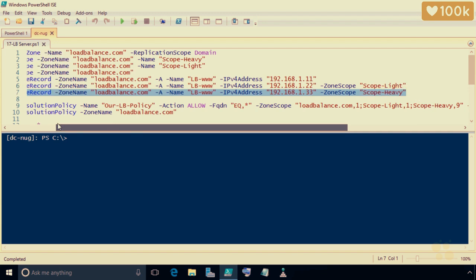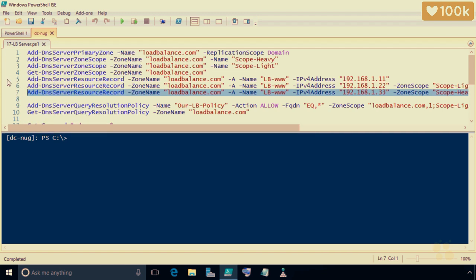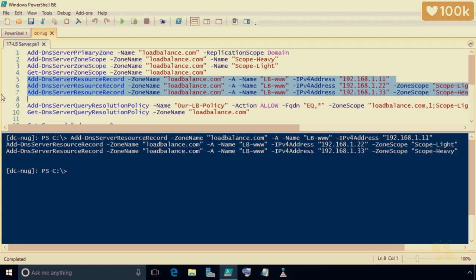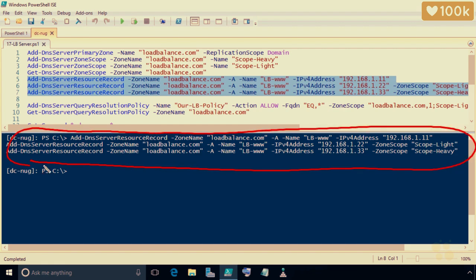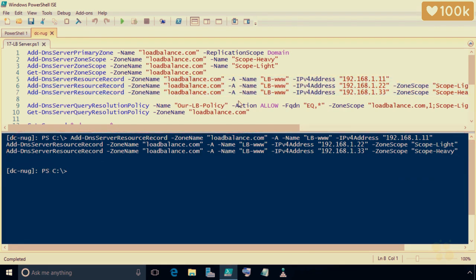So I'm going to go ahead and scroll all the way up back to the left, and let me add those 3 A records by highlighting row 5, 6, and 7, and then pressing F8 to add those 3. And the cool thing about this is you can see the full command right here in the output below. So we've created some scopes, we've added some A records to our individual scopes, and now it's time to